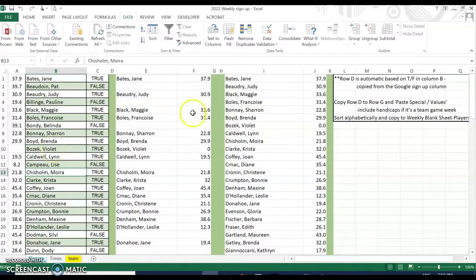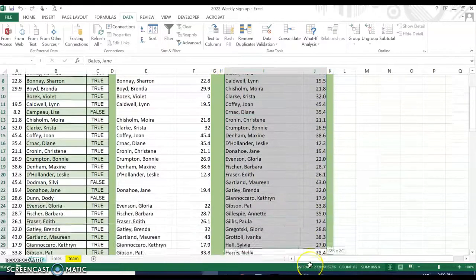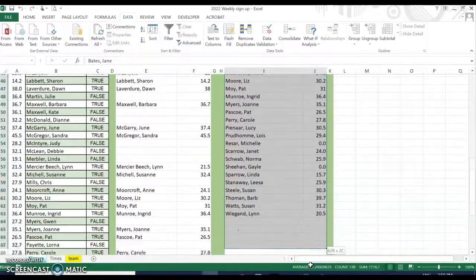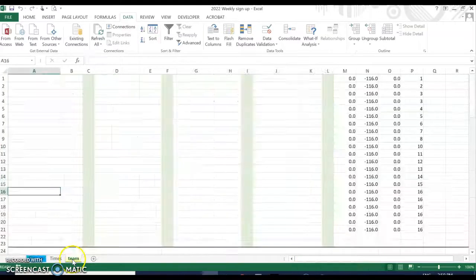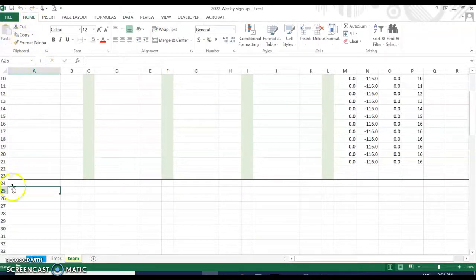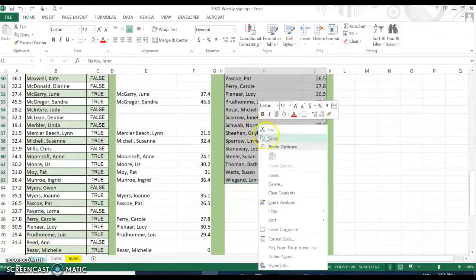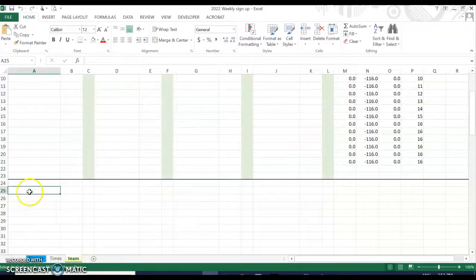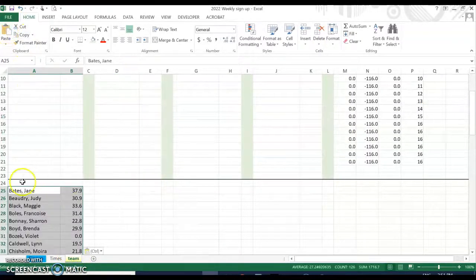So we would do the same thing as in our weekly, where we copy our true and false, get our list, sort it. Then we want to take this and copy it over to the tab called Teams. Let's paste it in A25. Oh, I think I forgot to hit copy. And now we have a list of all the ladies